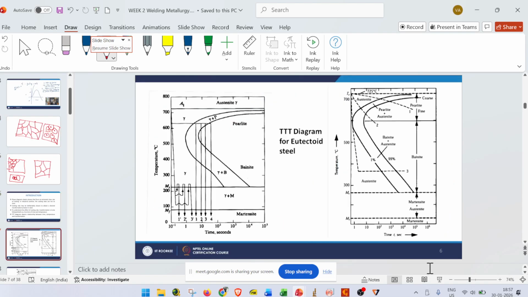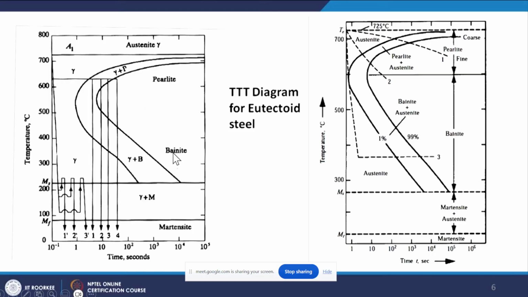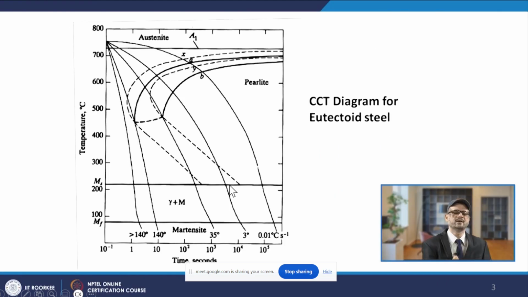So now we have seen how we can produce pearlitic, bainitic, and martensitic phases, how we can achieve them, and what this time-temperature-transformation diagram is. You understand all this part, right? Yes. So next, coming to the